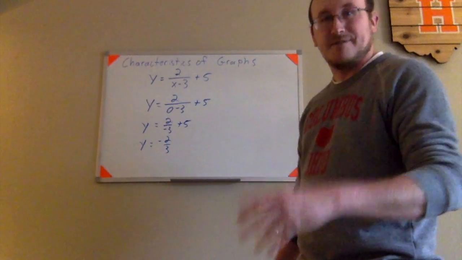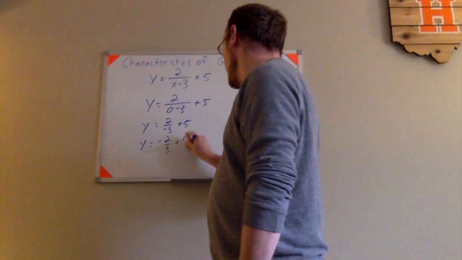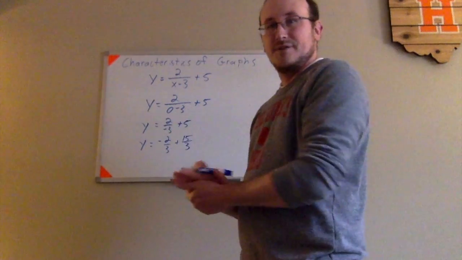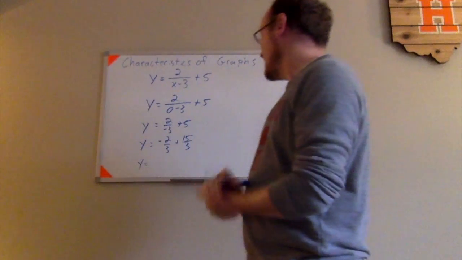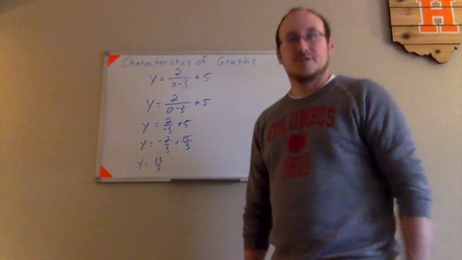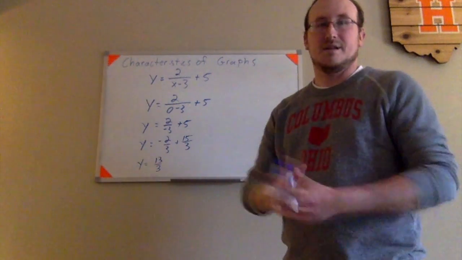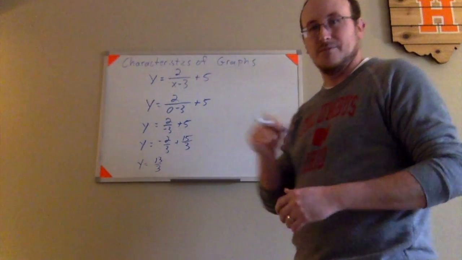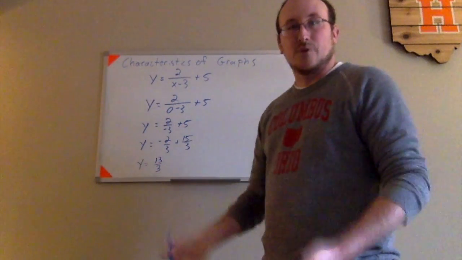I'm going to go ahead and write 5 as a fraction of thirds. With that, 5 would be 15/3, like that. And then I can go ahead and combine those, actually add those fractions together now. Negative 2/3 and 15/3 would make 13/3. Again, since that's with thirds, I would have repeating decimals if I tried to write an equivalent decimal, so I would have to round if I was going to try to put in my decimal answer into this program, since it doesn't let you put the horizontal bar above the number for the repeating decimal. So we're going to have to leave our answer to that as 13/3,